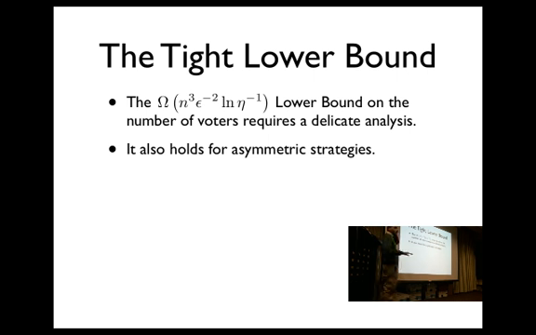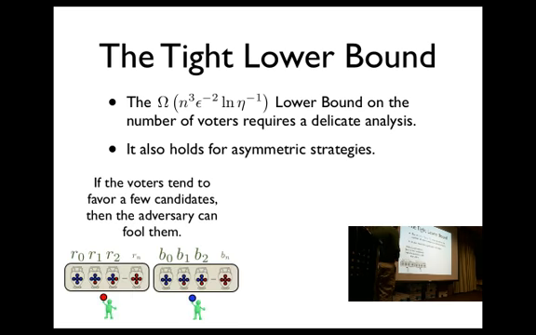And getting a lower bound for symmetric strategies is a bit simpler. But the general lower bound, of course, holds even for asymmetric strategies, and so any set of algorithms. So I will only be telling you two ideas that we used in proving this lower bound. So first of all, observe that, suppose that voters are asymmetric, and suppose they tend to favor a few candidates,